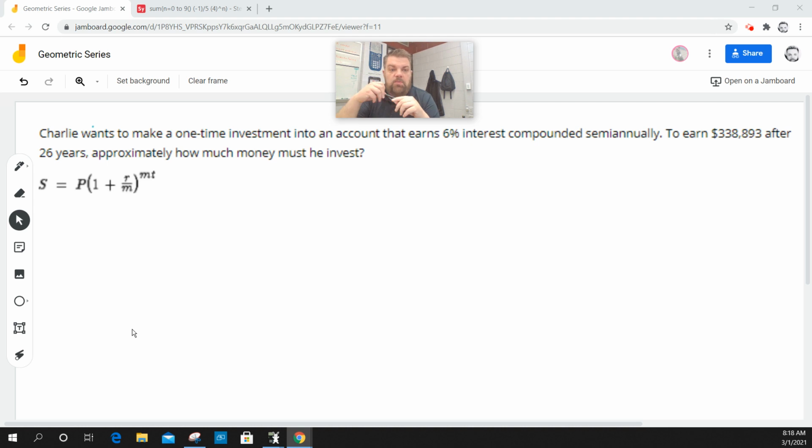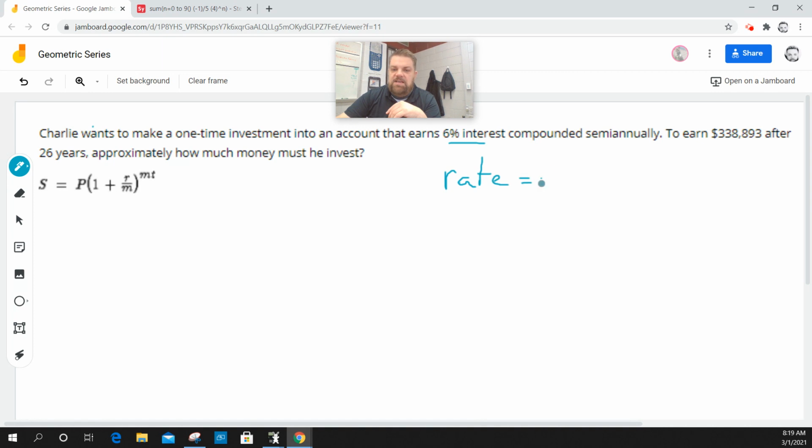Charlie wants to make a one-time investment into an account that earns 6% interest, and it's compounded semi-annually, right? So for this one, I'm going to start jotting some things down, okay? So the 6% interest, that's an interest rate, same letter R, not common ratio. There's only 26 letters in the alphabet. So this is the rate,